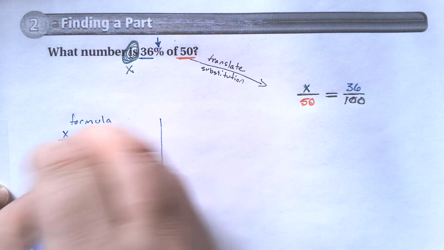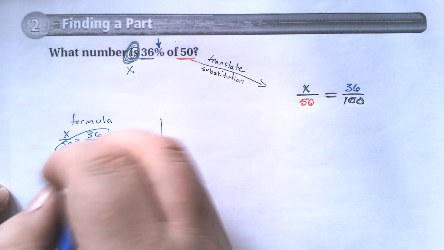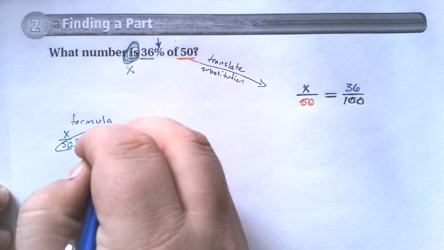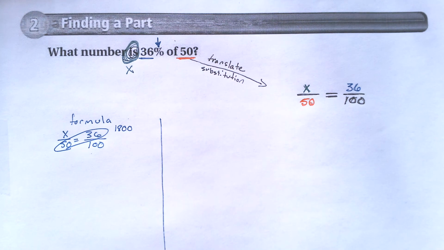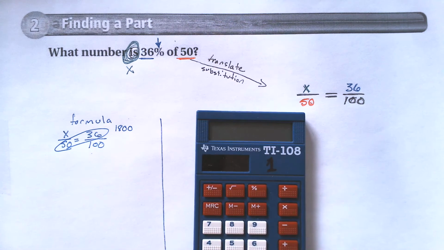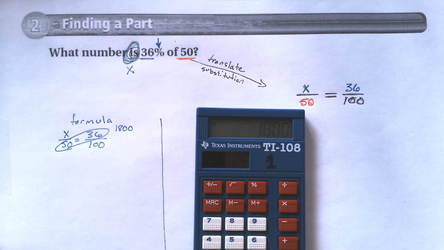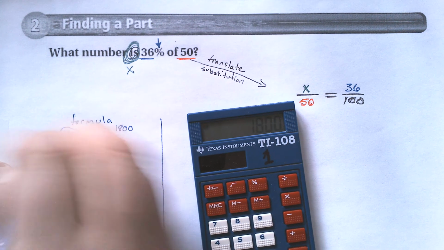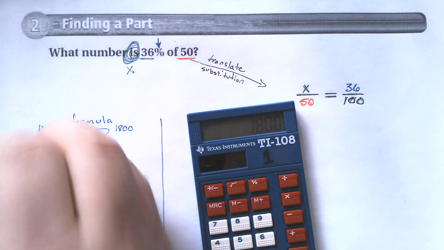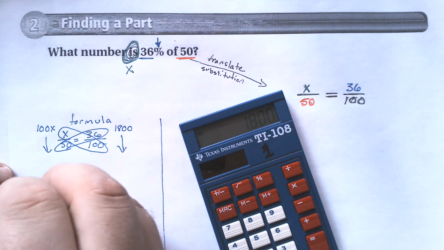I'm going to cross multiply. And let's see, 150, 300. I get 1800. That's my mental math telling me. But what I can do is take my trusty calculator and do 50 times 36, 1800. Then here I'm going to cross multiply again, so 100 times x is just 100x. I'm going to just copy those down, 100x,